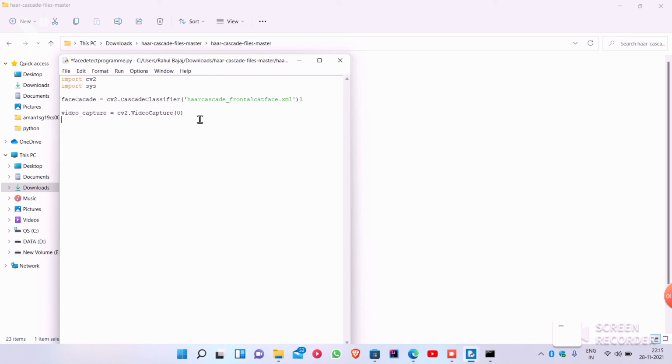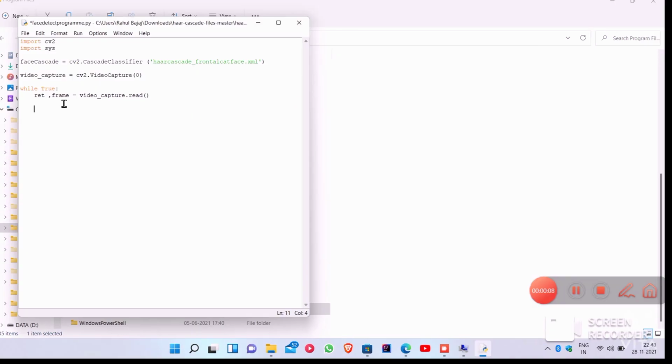So as you can see, while True. We are going to capture frame by frame. Now we are writing gray.